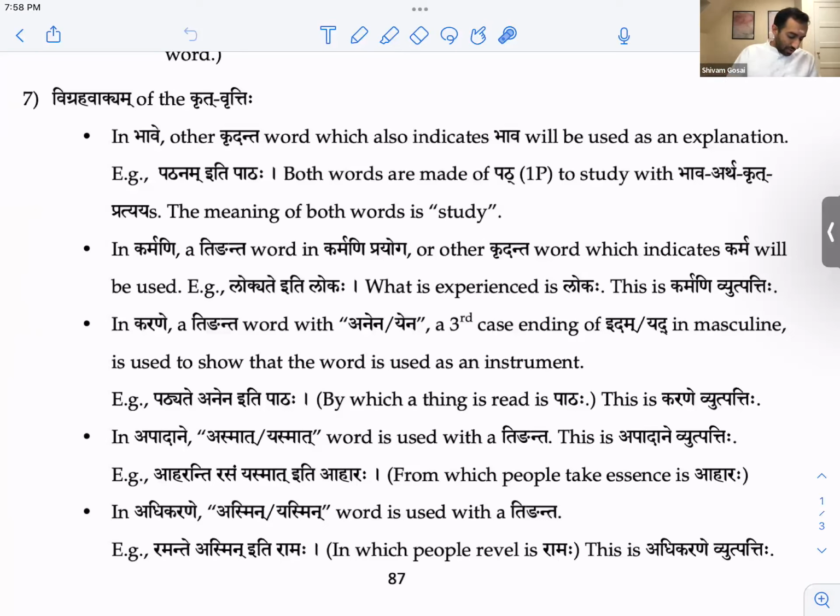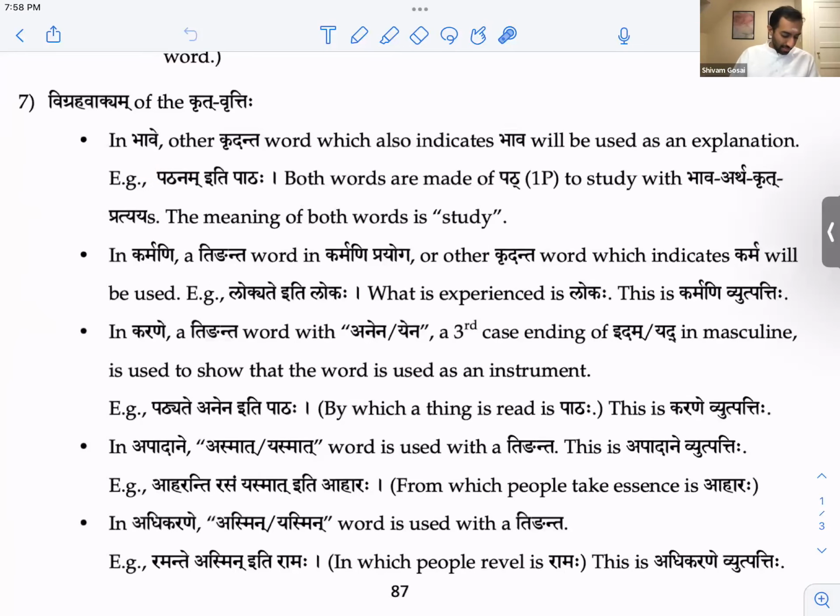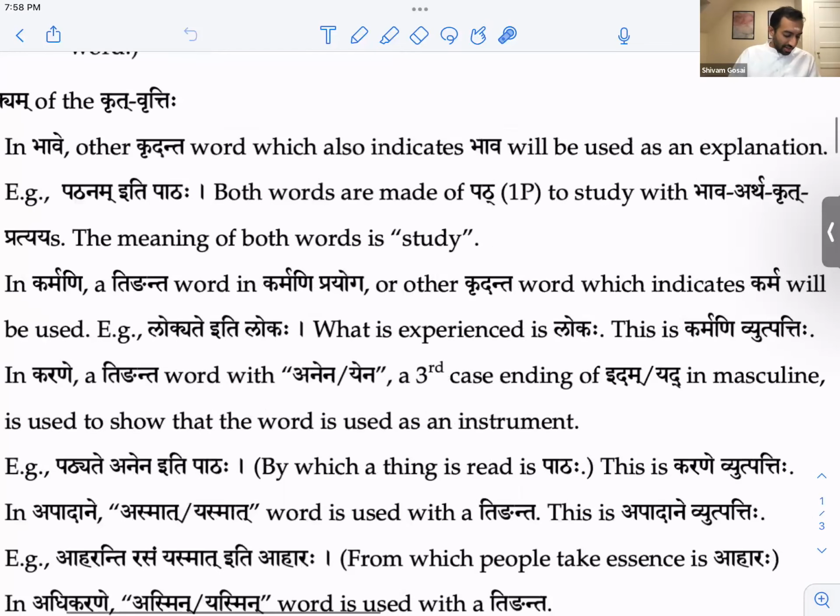So when you are in Bhave, other Kṛdanta words which also are in Bhave can be used as an explanation. So for example, this word pataha, first of all, is a Ghañ ending word, right?